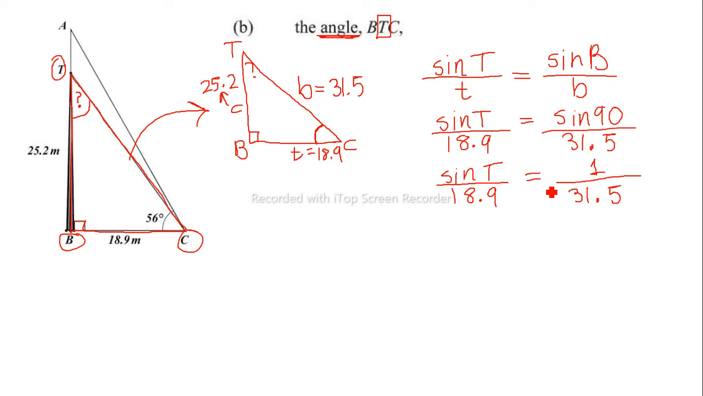Good. Next up, what we're going to do is cross multiply. So we're going to multiply 18.9 by 1. What is 18.9 multiplied by 1? 18.9. Very good. 18.9 multiplied by 1 is simply 18.9. And